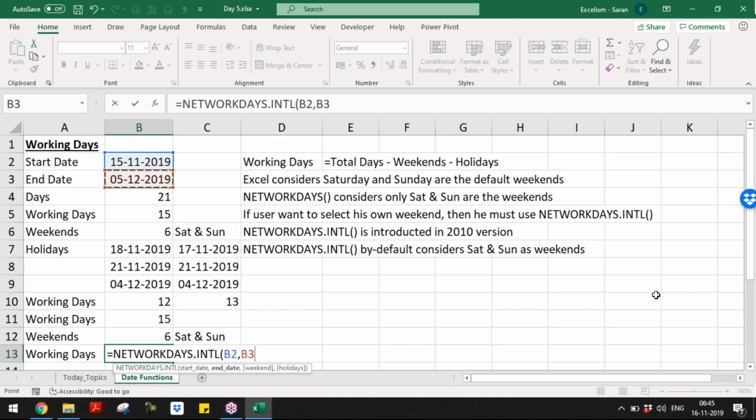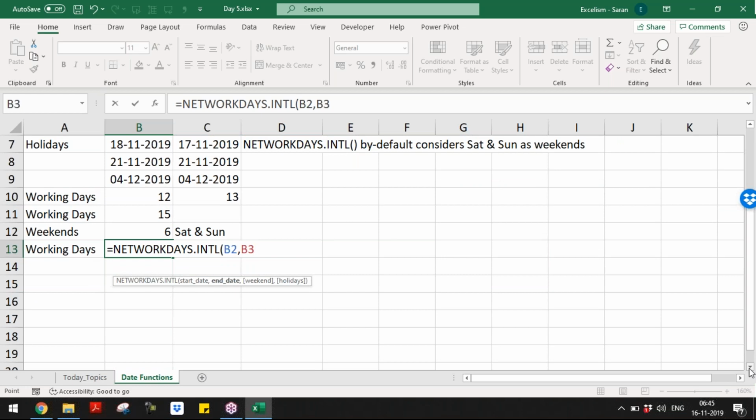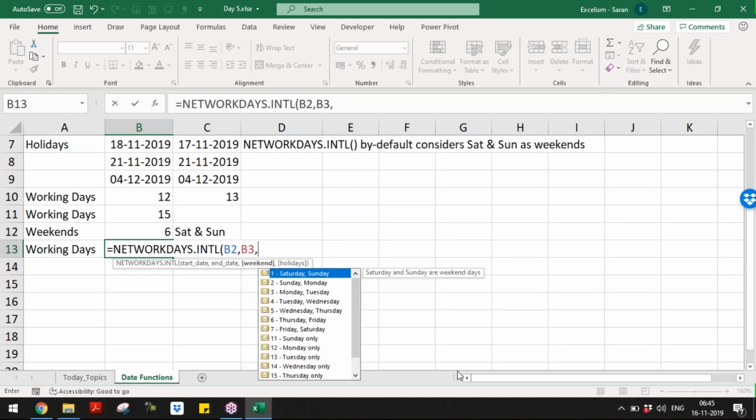Once I keep comma, do you remember in the WEEKDAY function what we have done? We just kept comma, so automatically we got these things, right? Yesterday we covered the WEEKDAY function. In the WEEKDAY function, in the second argument, once I kept comma, I got the list of weekdays from which it has to start.